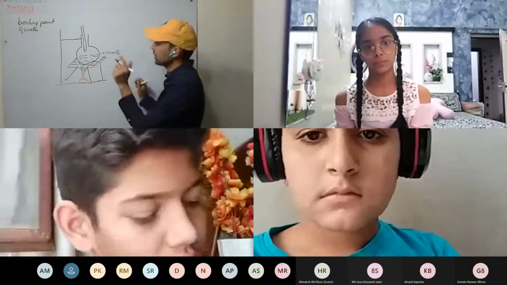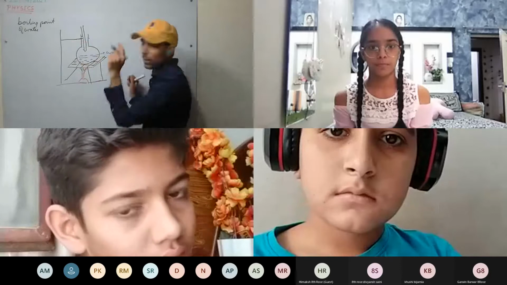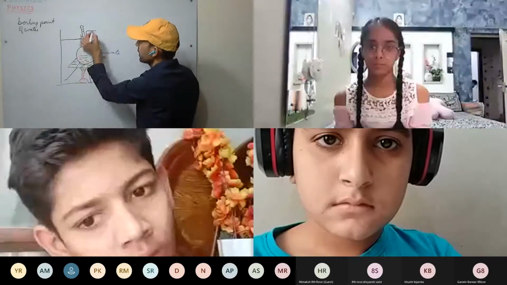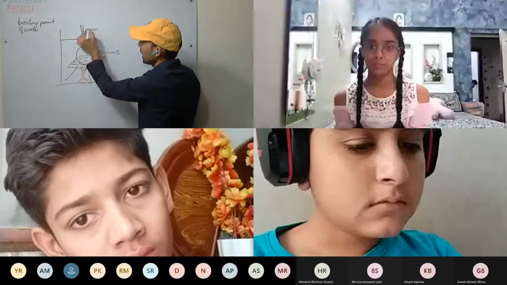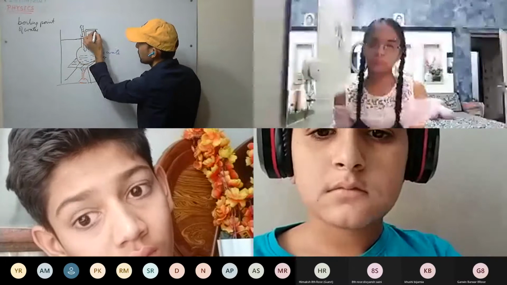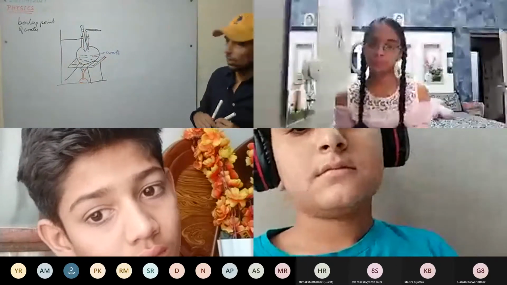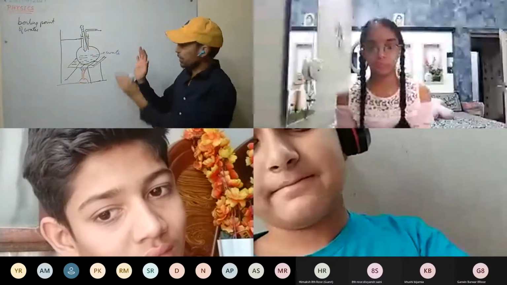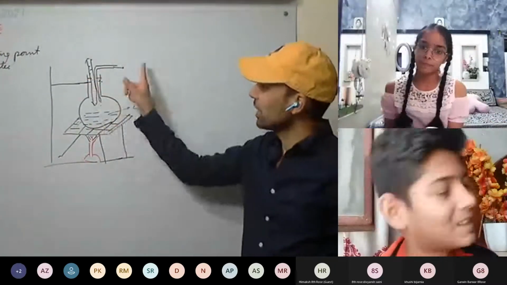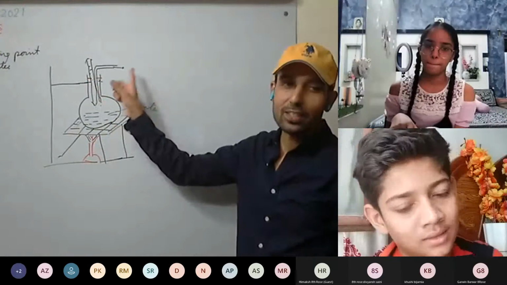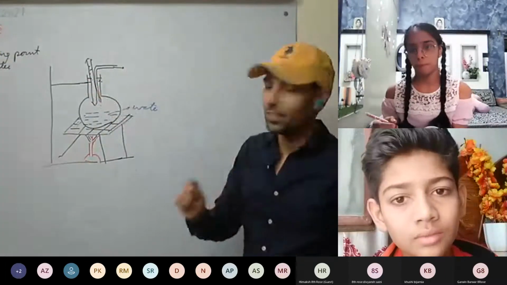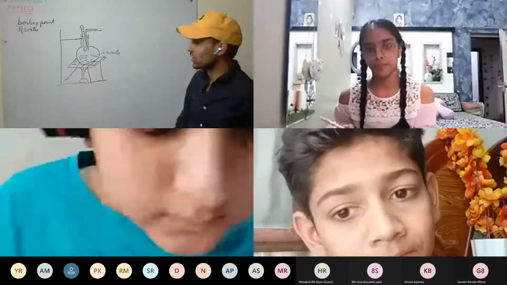So how have we placed the thermometer? We took one cork and made two holes. Through one hole we inserted the thermometer, and through the other hole we let the steam out. We have inserted an L-shaped tube, and through this, whatever steam is formed can be released. If we do not use that, pressure will build and it will break. So we have used an outlet for the steam to release, like the pressure valve in your pressure cooker, which is to release pressure.